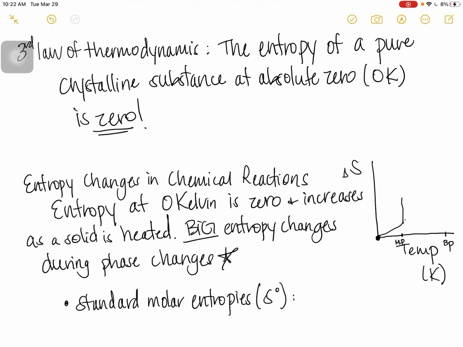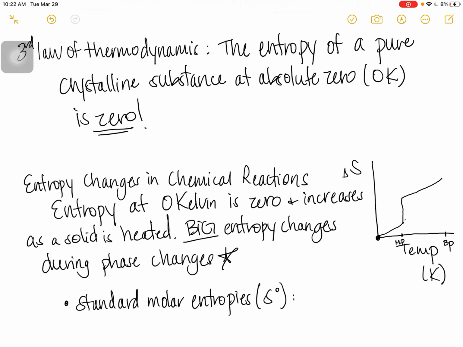Okay, it goes up very, very quickly because of the phase change. And then the same thing's going to occur again. Once I melt my substance completely and I'm only then heating my liquid, yes, the entropy will go up, but not as much. So this slanted, sloped line will continue to happen all the way up